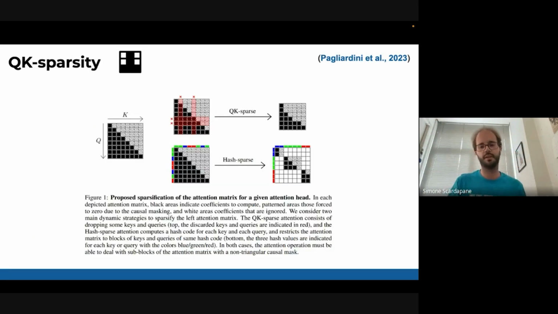More recently, there is a group from Geneva that made something similar work, but basically they need to reconstruct the attention matrix in this block fashion, and they had to rewrite the CUDA kernel, which is really hard to do. A little bit easier than before, but still a bit hard.